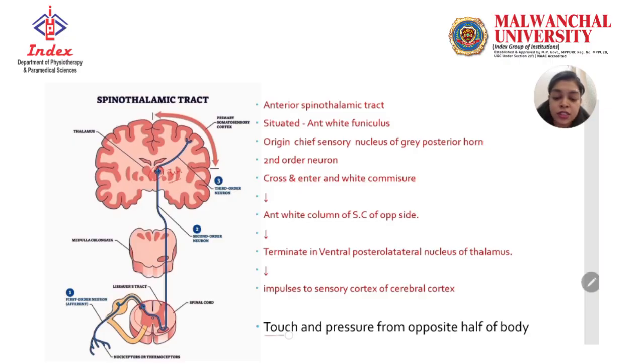So its main function is touch and pressure from the opposite half of the body. So this is all about the anterior spinothalamic tracts. So it is usually on the opposite side. So this is the first order neuron, this is the second order neuron, and here it is forming the third order neuron. उसका मेन जो फंक्शन है वो है टच और प्रेशर सेंसेशन जो अपोजिट साइड ऑफ द बॉडी है उसको लेकर जाना।